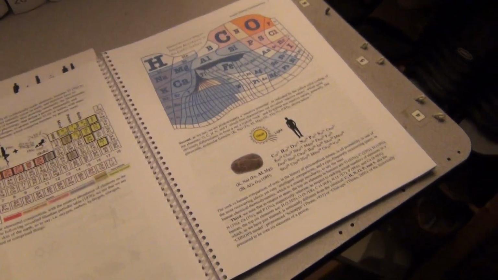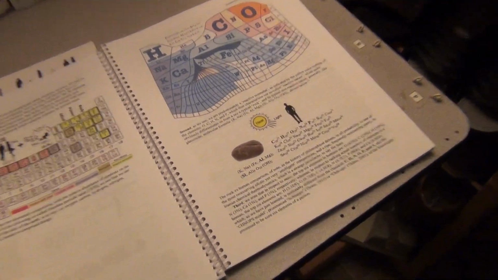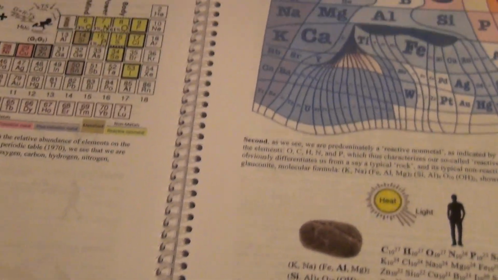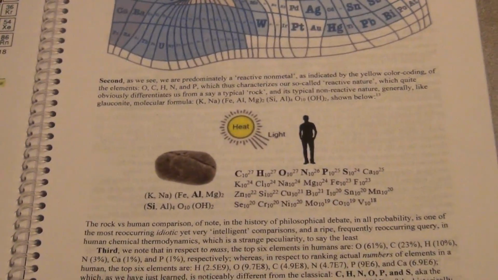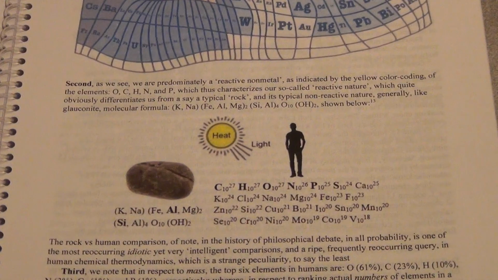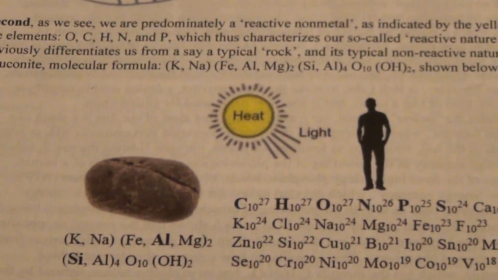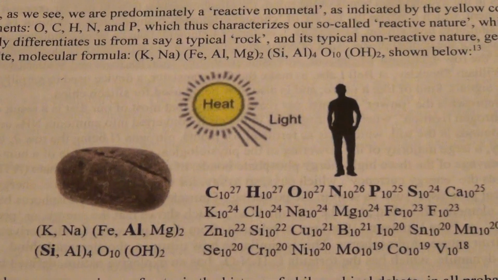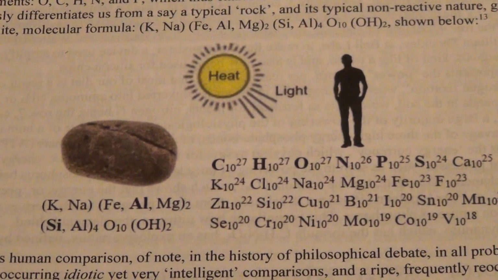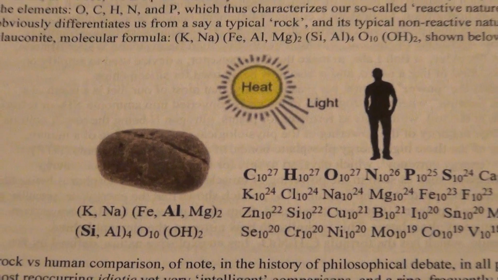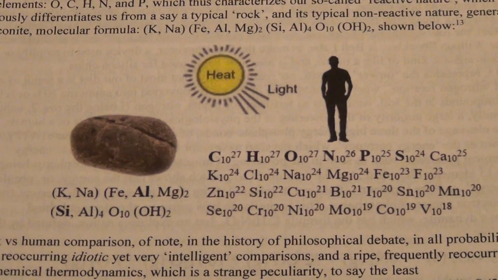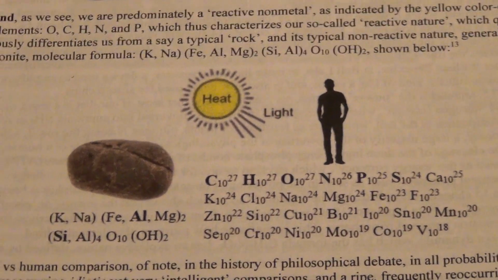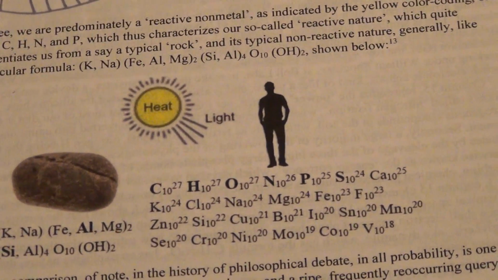Here we see the famous rock versus human comparison, frequently seen in philosophy, which is, in my opinion, the most benign or idiotic thing, yet the most intelligent thing that we frequently come across, is that what is the difference between a rock and a human? The answer being that a